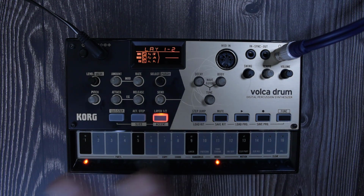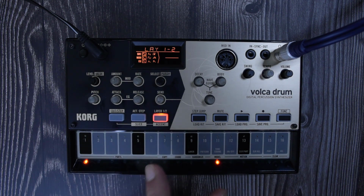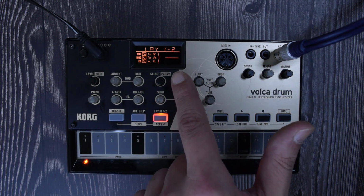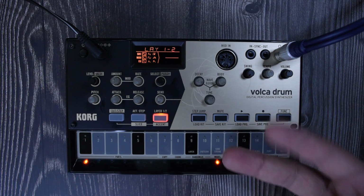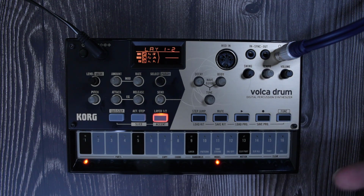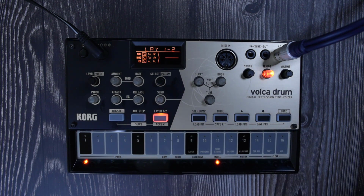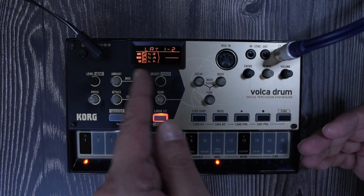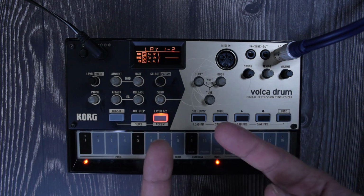Now, when you're working like this and this button is lit, steady, it means that you're working on layer 1 and layer 2. So what does that mean? On this device, on this synthesizer, you can have 2 copies of the same sound playing in parallel. So you can go to either layer number 1 or layer number 2 and start changing all these different parameters, and it will create a combination of the first layer and the second layer,